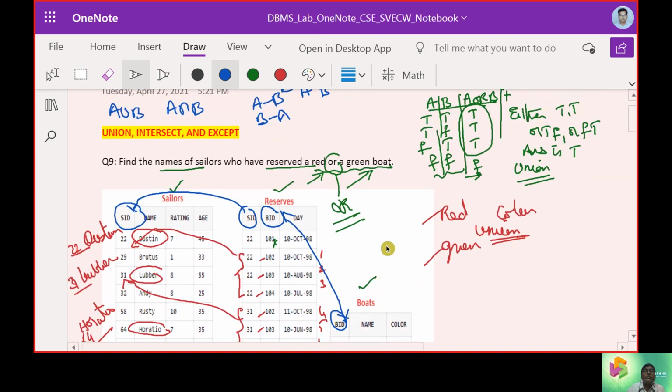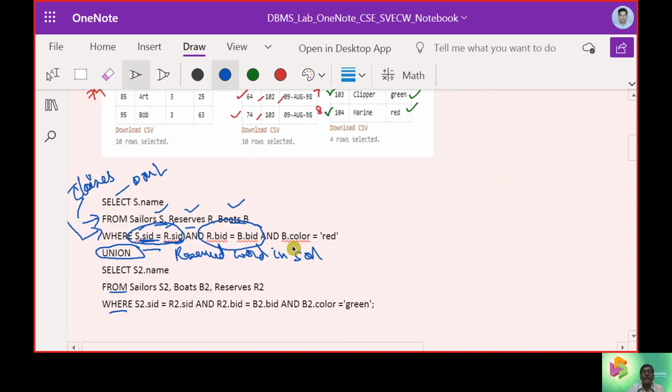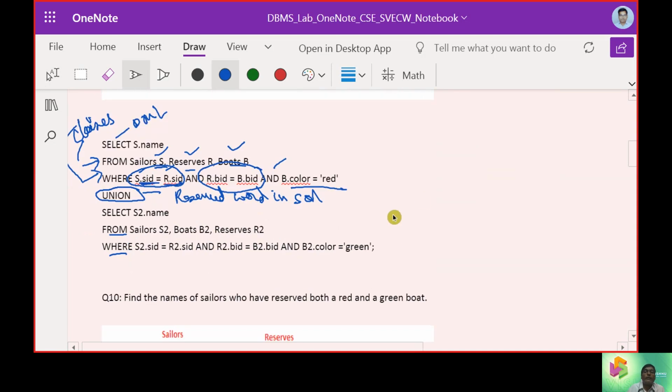And most important, it can have either red or green. So first it is checking with red, then it is going to check with OR.